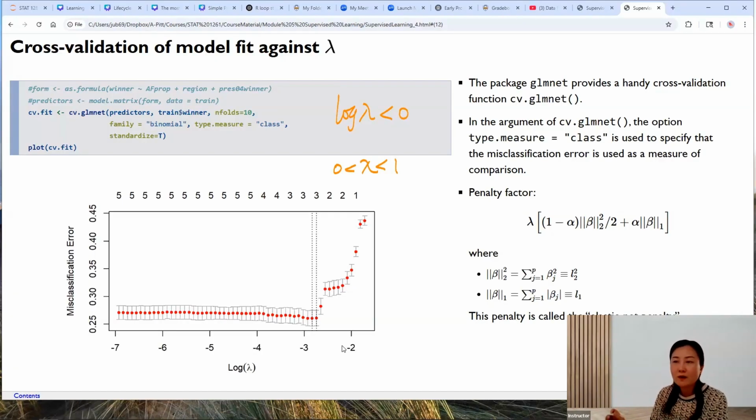But it's still a monotone function. When lambda increases, log lambda also increases. So from this direction to that direction, the penalty is harsher and harsher, the tuning parameter is bigger and bigger. Now the y-axis corresponds to misclassification rate. So as you see, when lambda increases,